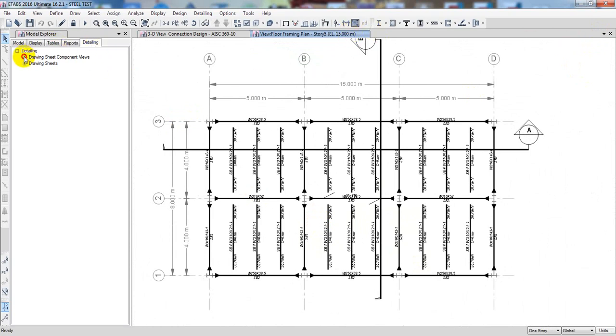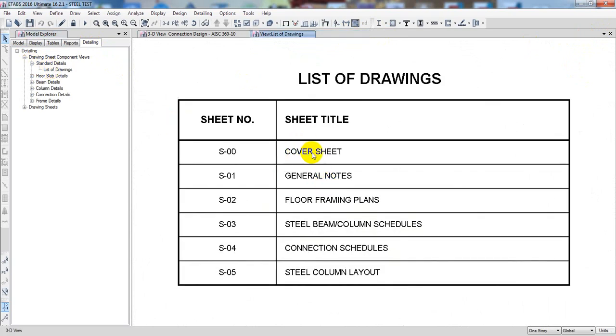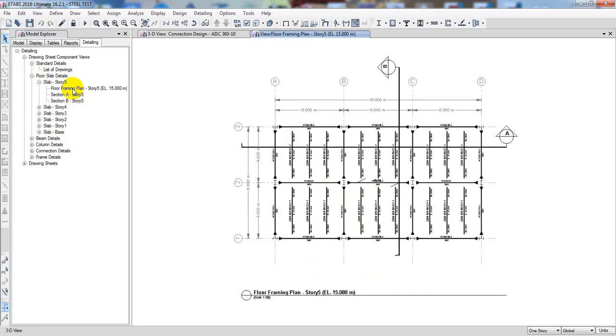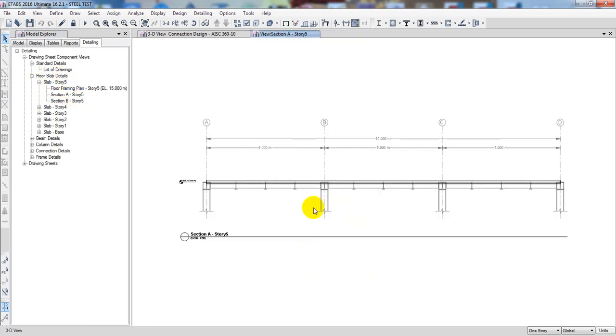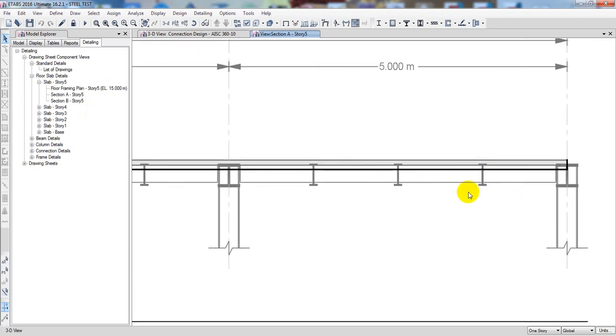from detailing standard in detail, here is the list of drawings. Cover sheet, right? This is the cover sheet. General note, floor forming plan, steel beam or column schedule, then connection schedule, then steel column layout. After that, this is the slab detail for different stories. This is the floor forming section A. This is the section, and here